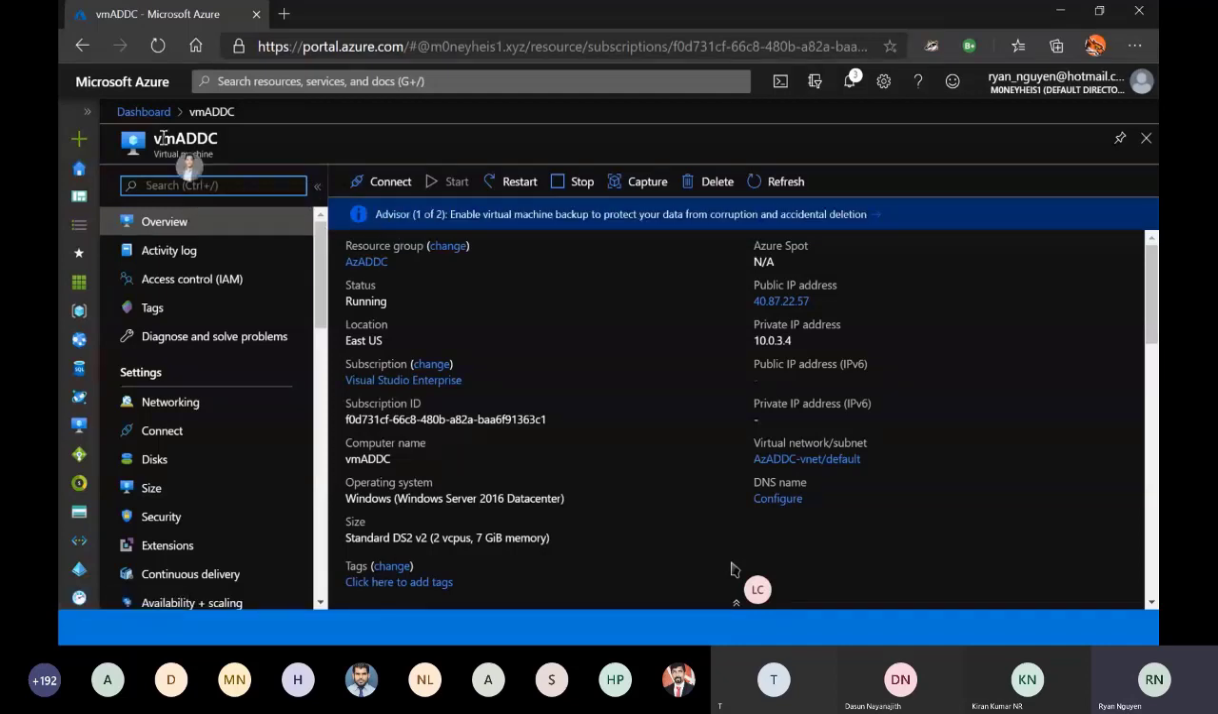I created a VM running Windows Server 2016, and I use this as the Active Directory on the cloud. So this approach is only recommended for a small customer or for POC purposes. When you create this and install AD DS and set up the domain controller, what you need to understand